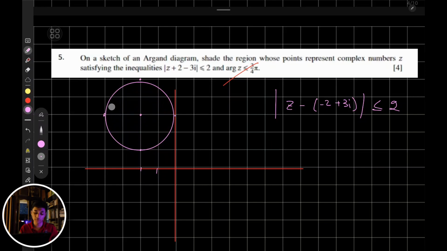But they've also given you another condition. The argument of z is supposed to be less than 3/4 of a pi. So argument of z means the angle that z makes with the origin. So the angle that the complex number z makes with the origin. z lies inside this circle. So take any z, and it should make an angle which is equal to or less than 3/4 of a pi. What is 3/4 of a pi? 45 degrees. So in that case,